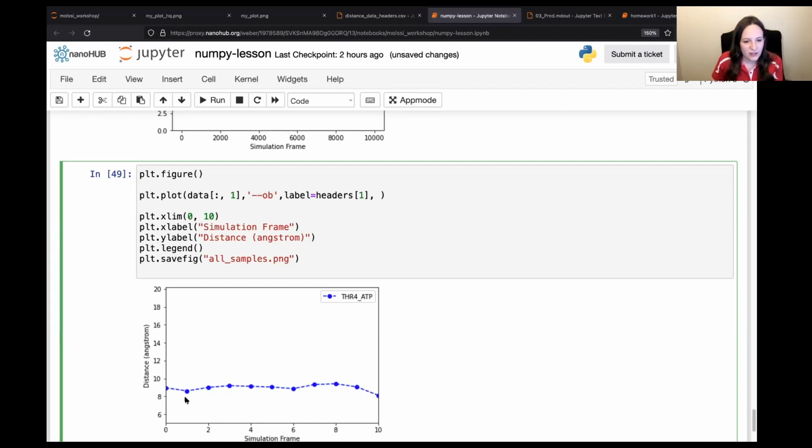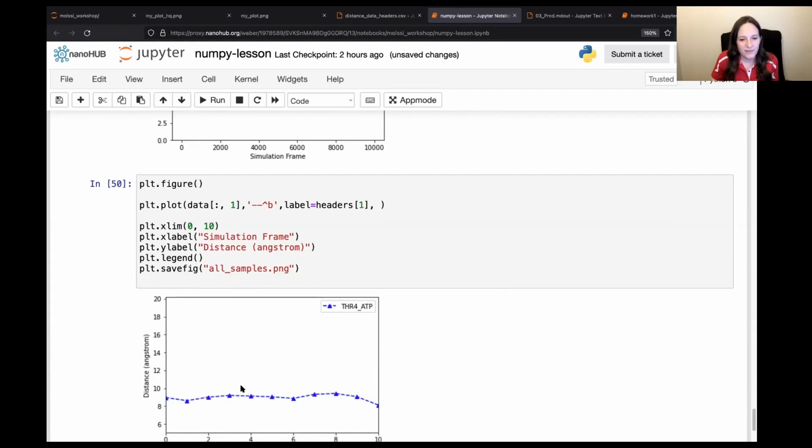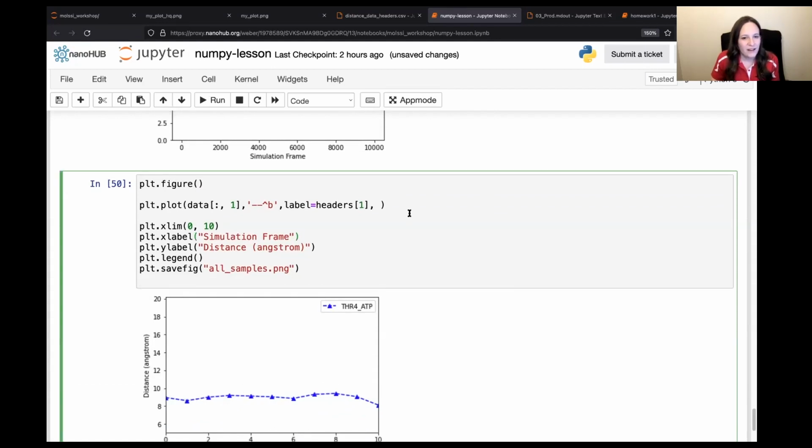You can change the colors of all of your graphs, and you can change the type of lines and markers as well. Another fun one is this up caret, which does triangles. So that's just a kind of fun marker. Okay,